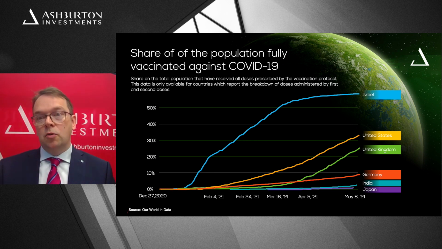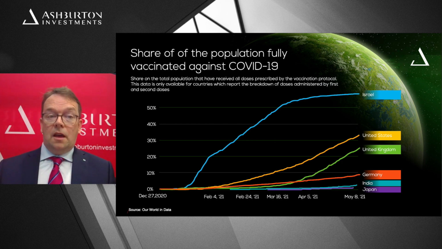So clearly, flies in the ointment could be the rise of the Indian variant. However, recent data from Public Health England has suggested that the vaccines do seem to be effective against that too. Now, I think the other area to talk about is valuation. So we know that markets are now reaching some all-time highs, and it is worth remembering that typically some of the best returns actually come towards the end of bull markets, which makes it quite difficult for investors to time entry to markets.